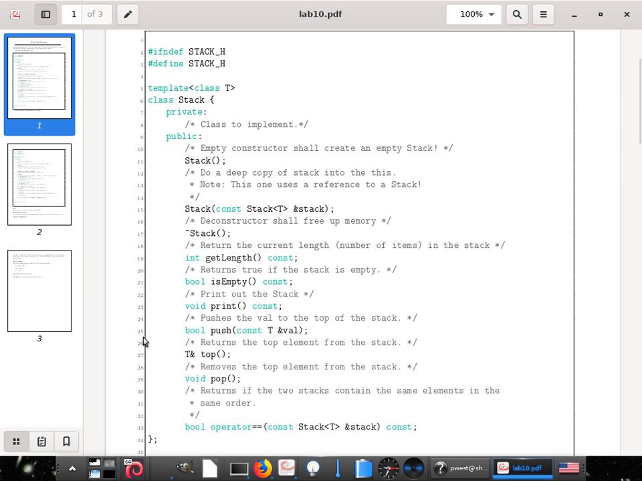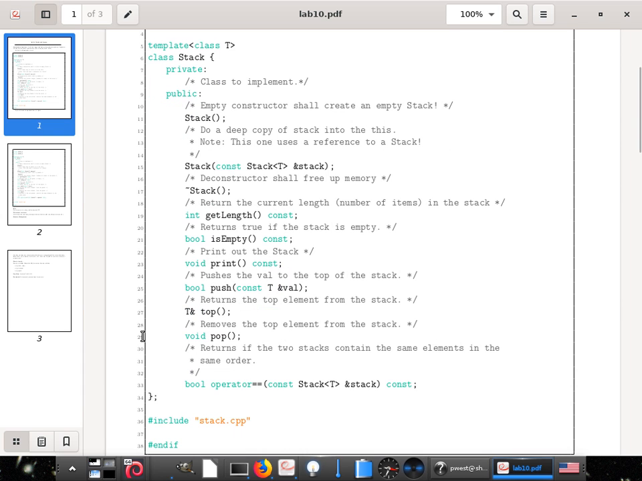That's for you. Push adds an element to the stack. Top returns the top element and returns a reference, aka that's what the STL list does, by the way. Pop removes the top element from the stack. And this will return if the two stacks contain the same elements